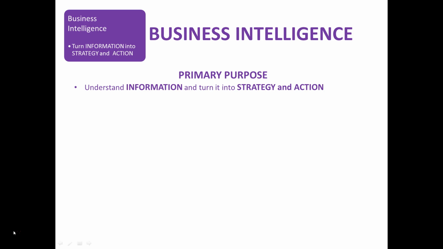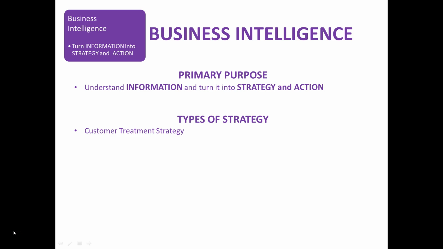So the analytics guys took the data, found out information, and then they sent it downstream to the business intelligence people, and they have to understand what the significance of that information is and then turn it into strategy and action. Now, some of the strategy that they'll have is customer treatment strategies. This could be things like they get information related to certain customers have very high net worth, but the